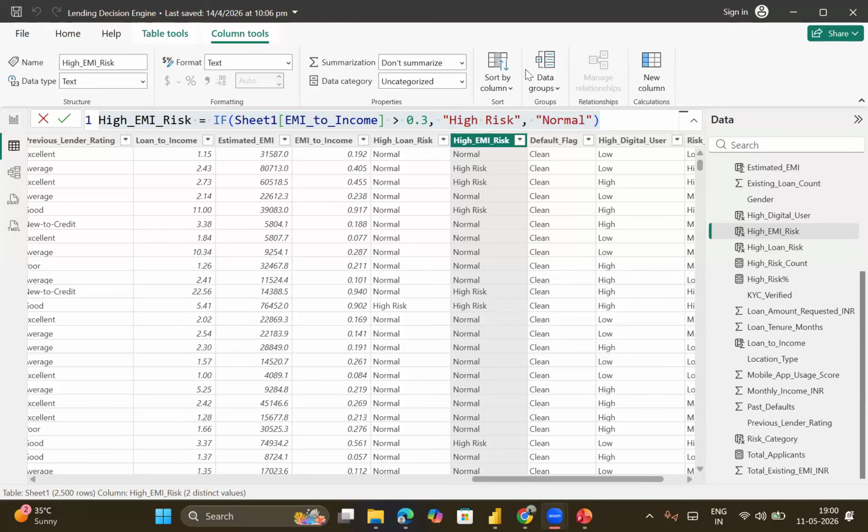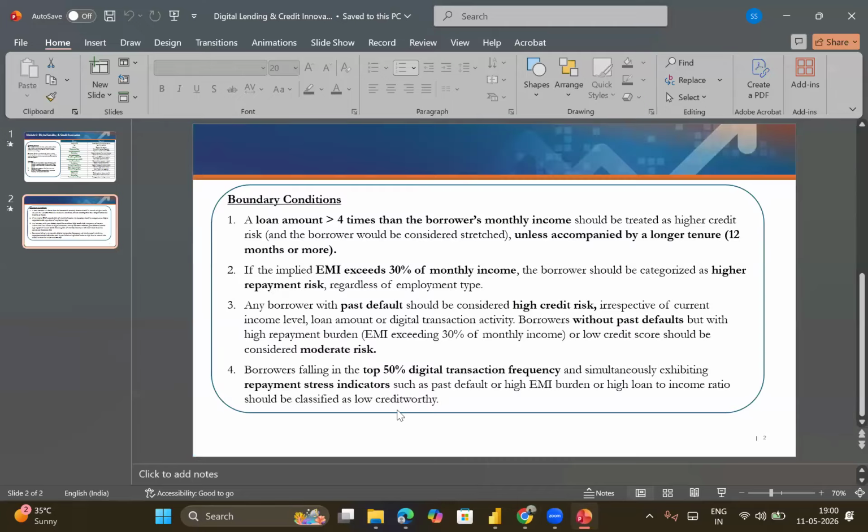Now, into the next one, guys, which is the third one: any borrower with a past default should be considered as a high credit risk. Okay, so this is actually one. Even in this boundary condition, there is a part A and part B. I think the first one is very easy